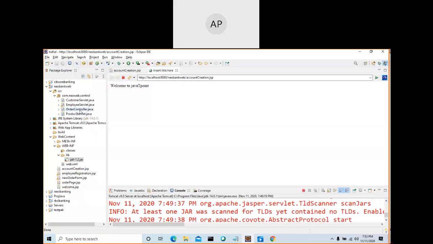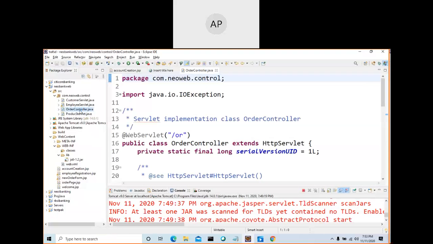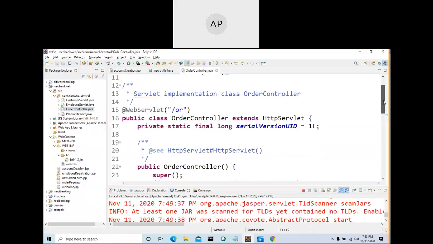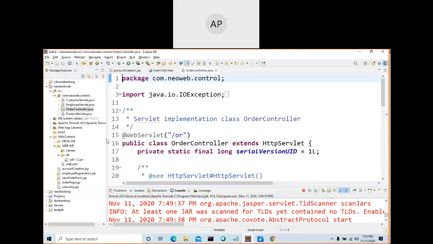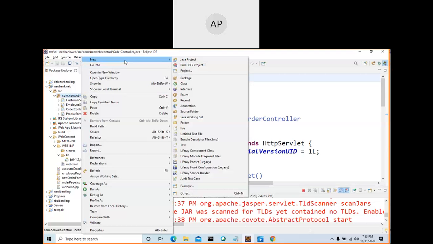So now what we do is we will try to send the value from servlet to JSP page. From servlet to JSP page, we are going to send the value, and in the JSP page, we are going to print the value. For example, if you are going to generate an order ID, it should be displayed in the JSP page. Then how we are going to do this? We are creating a dynamic behavior. So, for example, in the order controller,